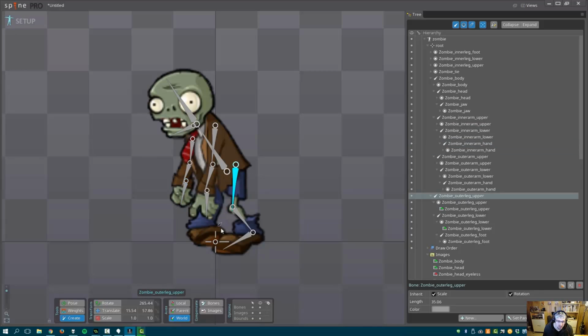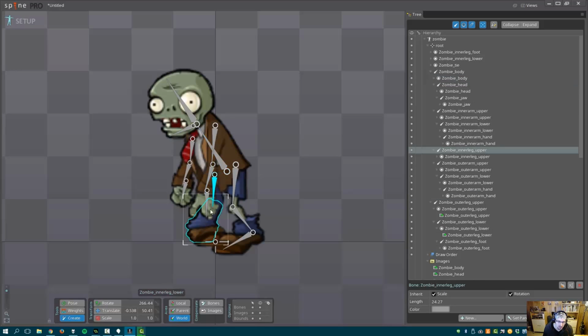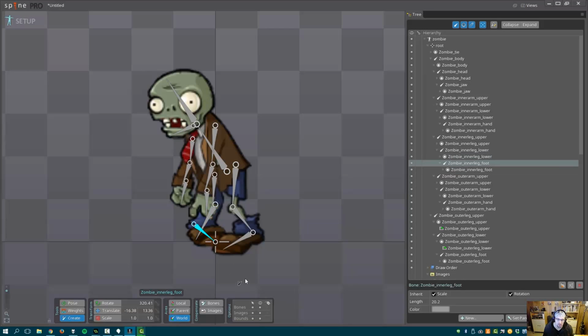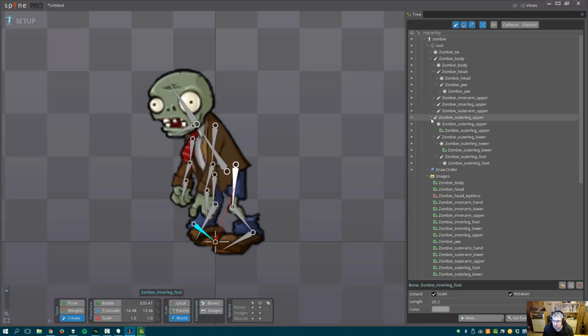So this one was tied to my origin point. I think I kind of want this one tied to the torso as well. So what I could do for that is, well, I'll click on the torso and I'll draw this one first. So let's grab this guy here, done. Let's grab this guy here, done. And the foot, done. Alright, so now I got my skeleton in, and if you make all of these smaller,